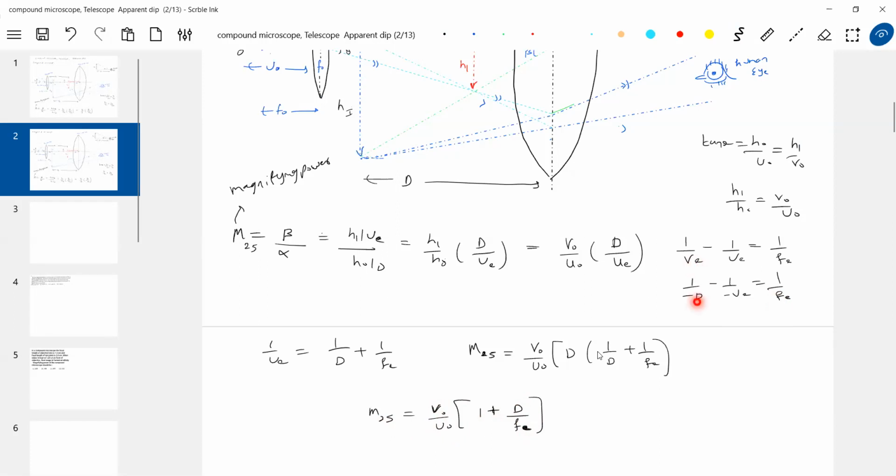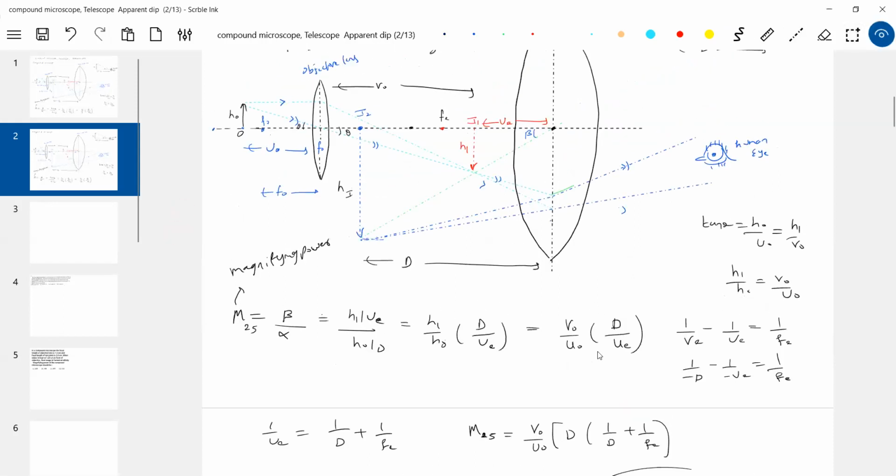Why? Because the final image will be, because the rays are moving towards the right, minus D. And what is capital D? Capital D is 25 centimeter. I think by this time everyone should know. What is this? Least distance of distinct vision. If the object is kept at a distance less than 25 centimeter, the eye will feel strain. I can see, but a lot of strain will be there. If this final image is formed here instead of there, the eye will encounter strain. You can't view it even for more than 10 seconds.